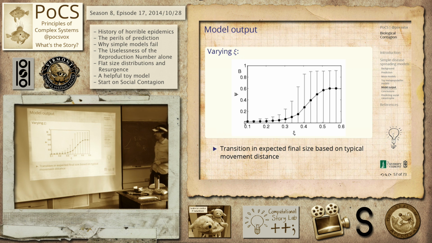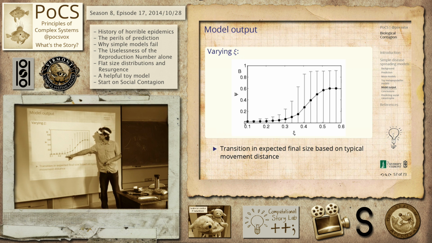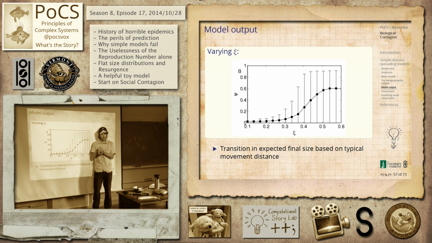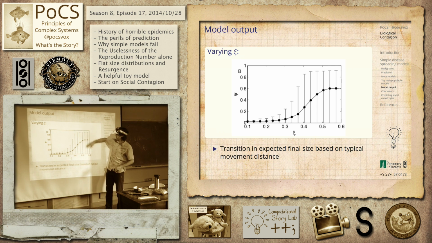So this is the typical distance that people travel, and this is the final size. If the typical distance that people travel is very small, then they're staying within their groups, or their neighboring groups. They're never allowed to pop up too far, so it's never going to spread very far. Once that gets to a certain scale, and this all depends on the hierarchy and so on, then you start to get these big